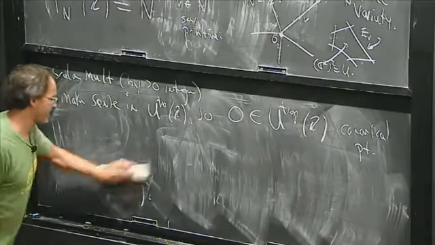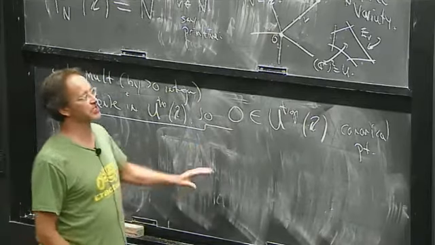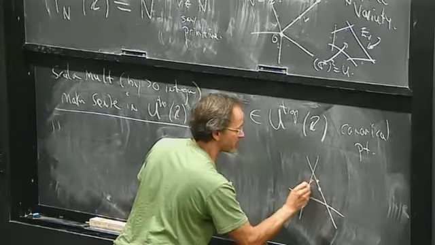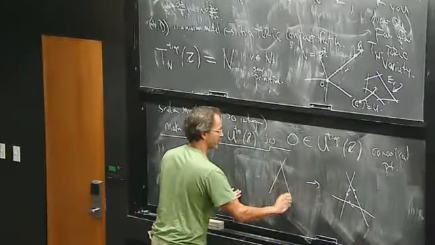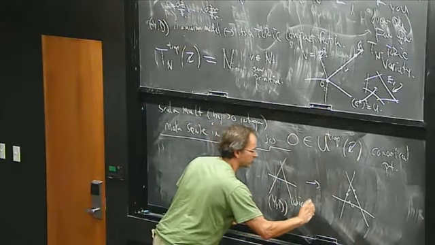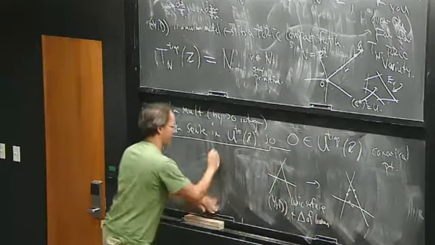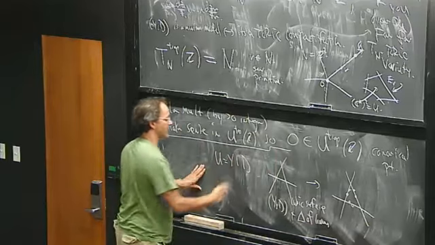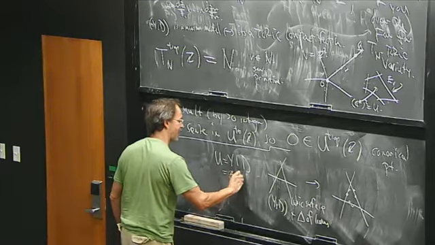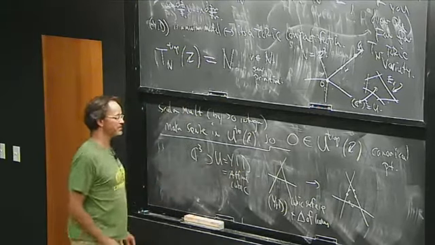Okay, so what you should think of for these simple examples is like take the example of P2, blow up 6 points, you'll get what's called a cubic surface. You blow it up, here you get Y, D, which is now a cubic surface because it's P2 blown up in 6 points, plus a triangle of lines. And U is the complement, Y take away the D. This is actually what Keel studied in the 1860s. This is an affine cubic surface, what's called an affine cubic. It lives in C3. It's given by a cubic equation.